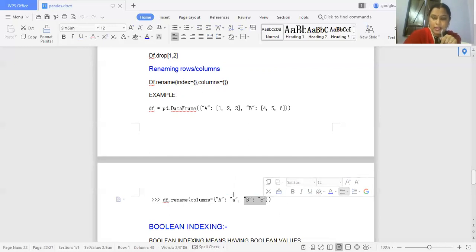So students, for renaming rows and columns of a data frame, we use the rename command, meaning we can rename the old column value with the new column value.